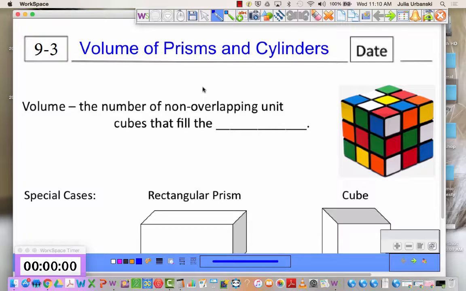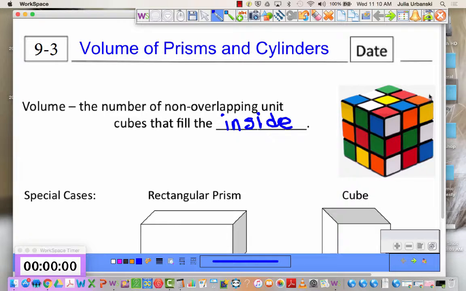9-3, volume of prisms and cylinders. The volume is what can fit on the inside. It's measured in non-overlapping unit cubes, which is to the third, and it's whatever could fill up the inside. Okay, surface area is what we're going to be using later on for the outside edges, but the volume fills